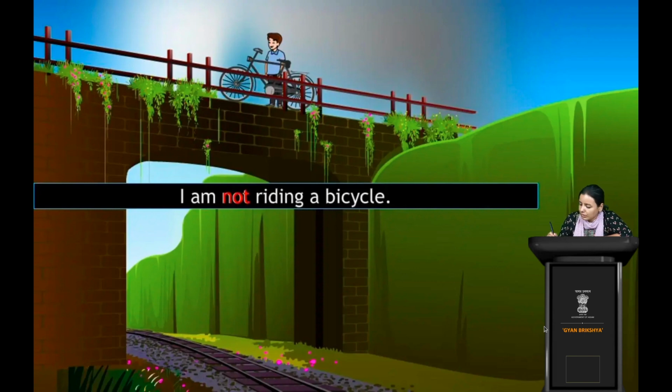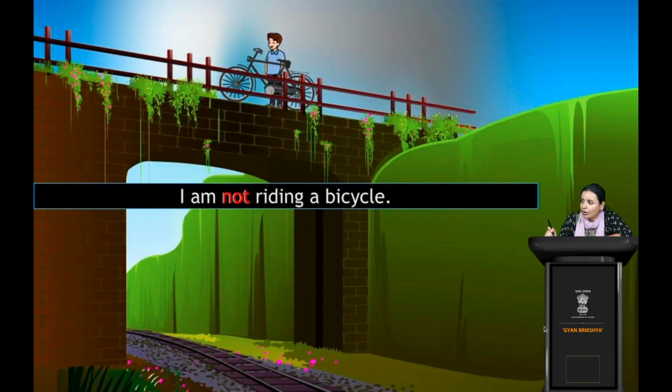Now, what is this? You are polishing your shoes. Now, you are not polishing your shoes because you have just now polished your shoes. So, again the negative word not is included in the sentence. They are watching TV. They are not watching the TV. In every sentence you have seen that the not word is included, right? In every sentence the negative word is included.